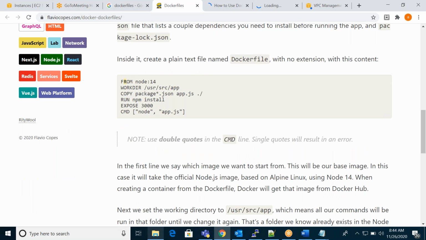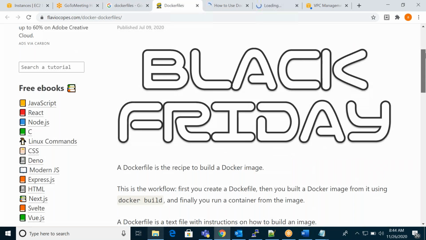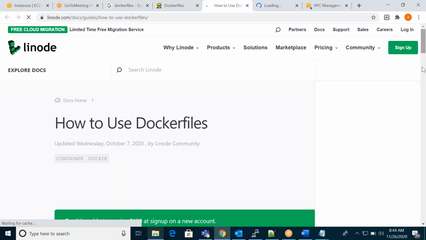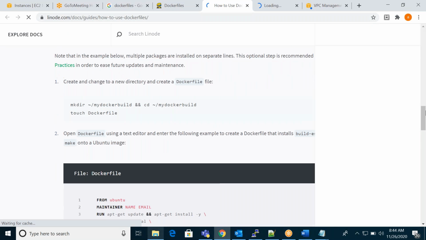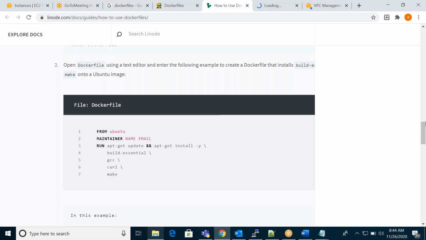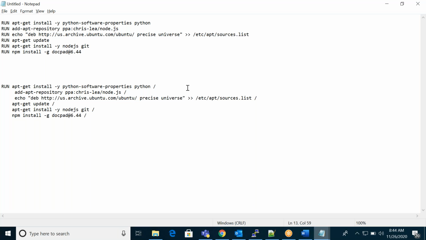So same thing. Okay, see, same thing, same instructions. Okay, so here you can see. Sorry, this one, not okay. This one.